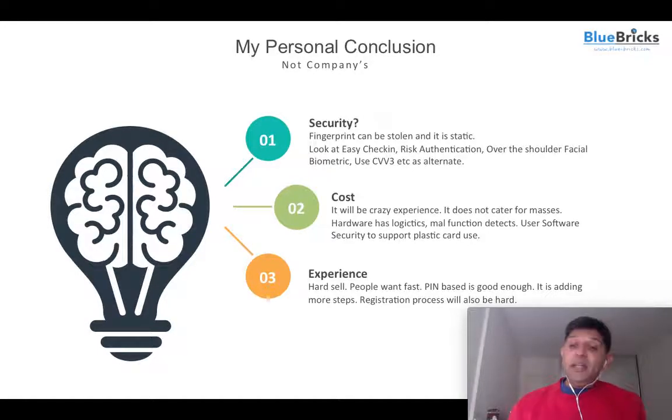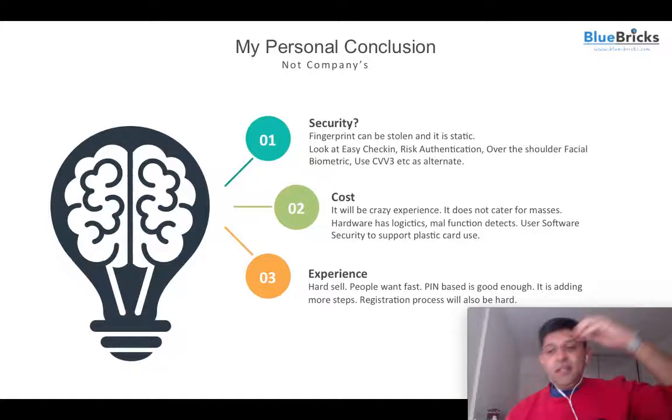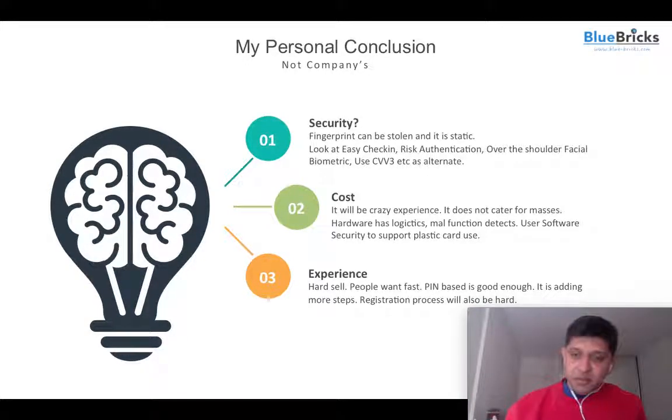The other is risk-based authentication, which is already working in the back end to evaluate whether you're the right person doing the transaction at the right place. And then obviously over-the-shoulder facial. So imagine that the person is standing, and right in front of that in the kiosk you have a little mini cheap Android phone with a Raspberry Pi running in the background, and then you can just capture the face. When the person does the transaction, you actually just match in the background that yes, this person was here in so and so POS terminal or in so and so supermart or shopping mart and was doing the transaction. So there are various other ways which you can look at,